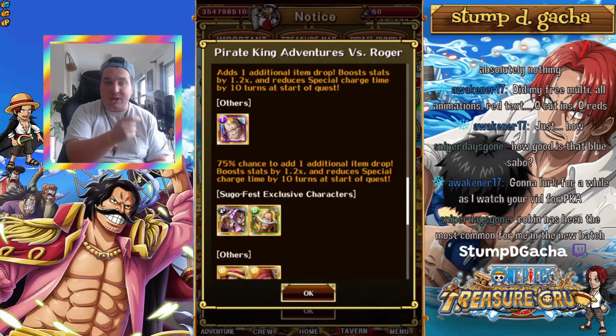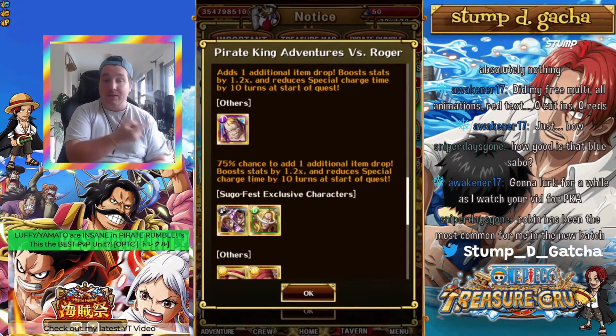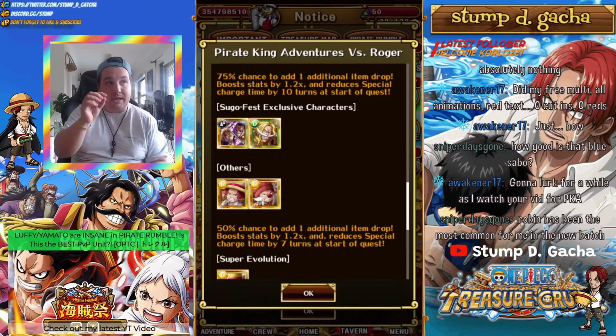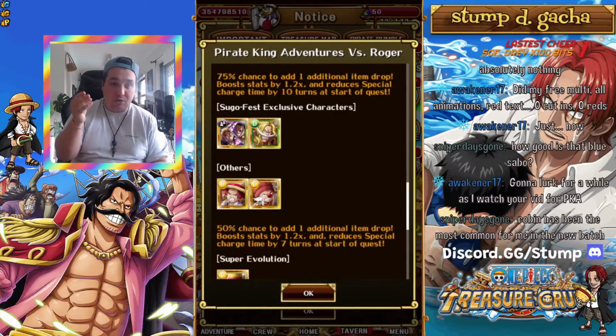Next month, this spot should be Roger. Roger's the very first PKA character. This spot here should be Gold D Roger. As for the next amount of boosts, you have the 75% chance being Buggy, Shanks, Raybarn, and Whitebeard from the